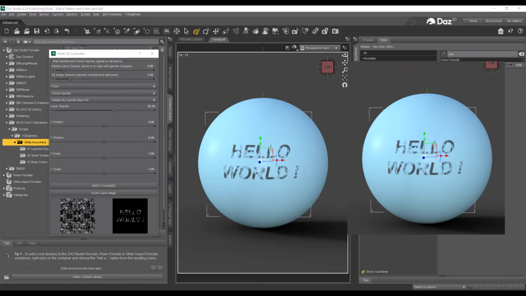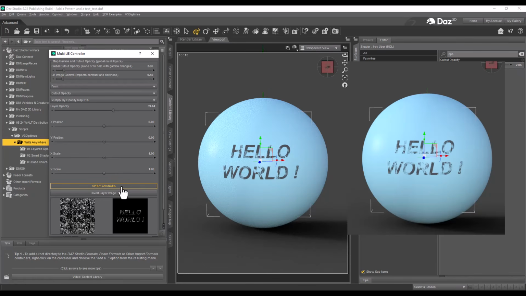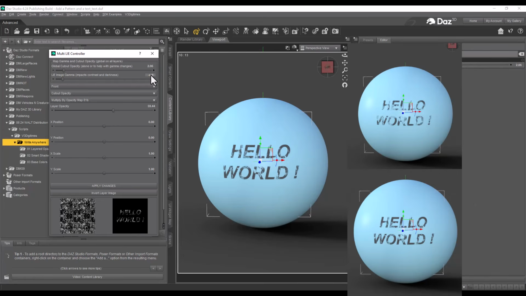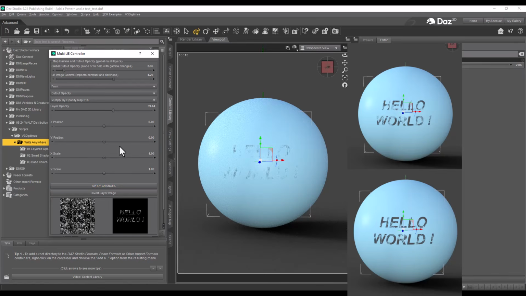For instance, here I have a gamma of 1 and a cutout opacity of 2. I can go to something almost not visible, but I can change the gamma, Apply Changes. It recalculates the layered image and applies a new gamma. And you see the result is very different. And here, for instance, you push the gamma to a higher value. For instance, 2. Here I didn't click apply because I used the enter command, but otherwise it's Apply Changes. And as you see,